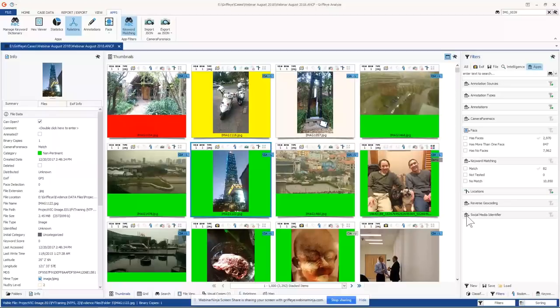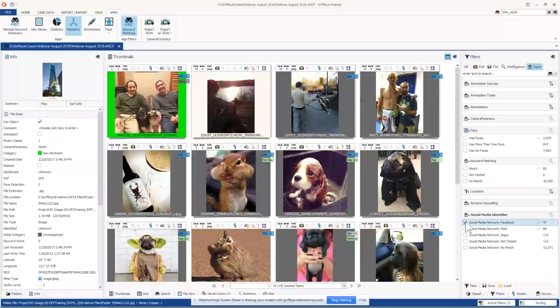One cool tool that also helps you increase your workflow and work smarter is the social media identifier. What this does is it goes through and checks the files for a naming convention. This particular part does not connect to the internet. Camera forensics does, and we'll talk about that in a second. But what this does is it checks the file's naming convention to see if it's in alignment with these known social media pages. So I'm going to select this social media network, Facebook, and I'm going to say, hey,